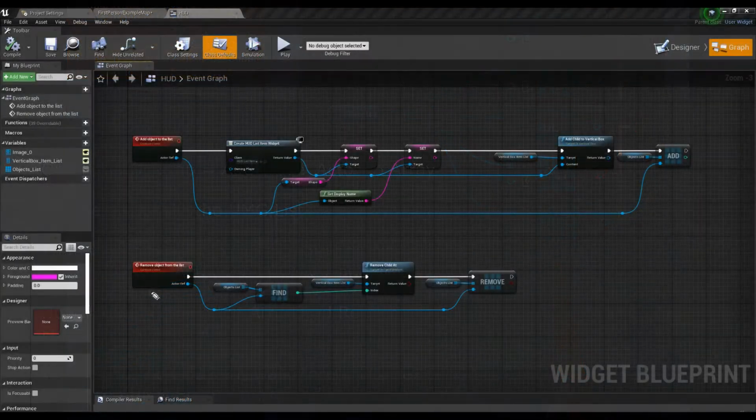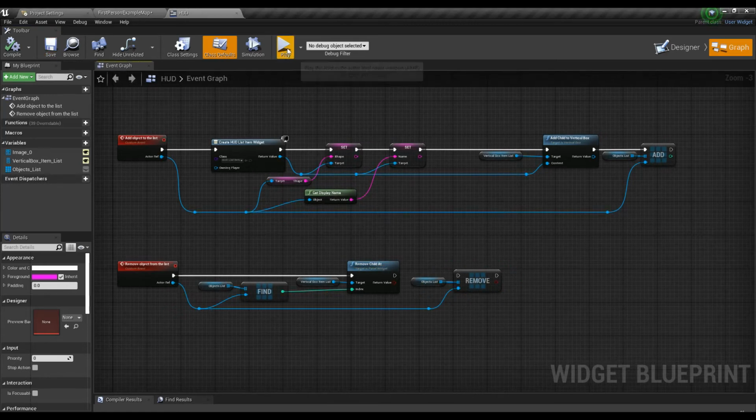So now once again, we look for the object inside of an array, get its index and pass it to the function that will remove a child from our vertical box. Don't forget to remove the array element at the end of the code. If you skip that,